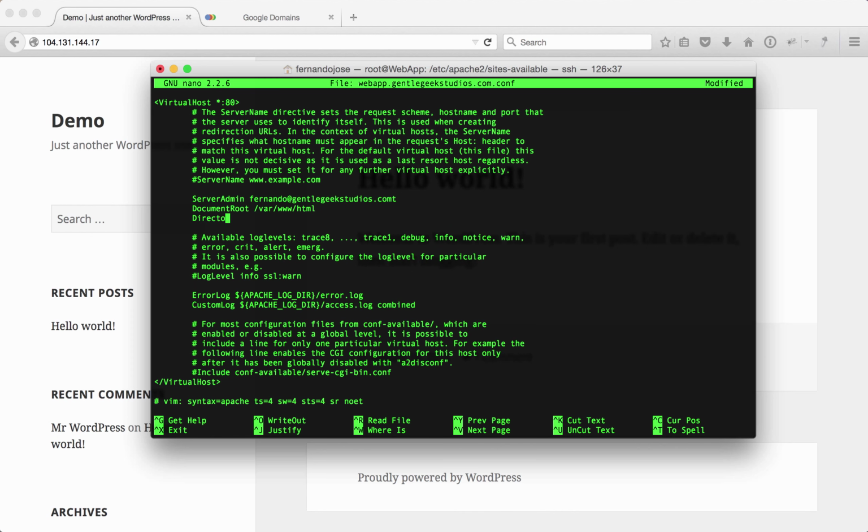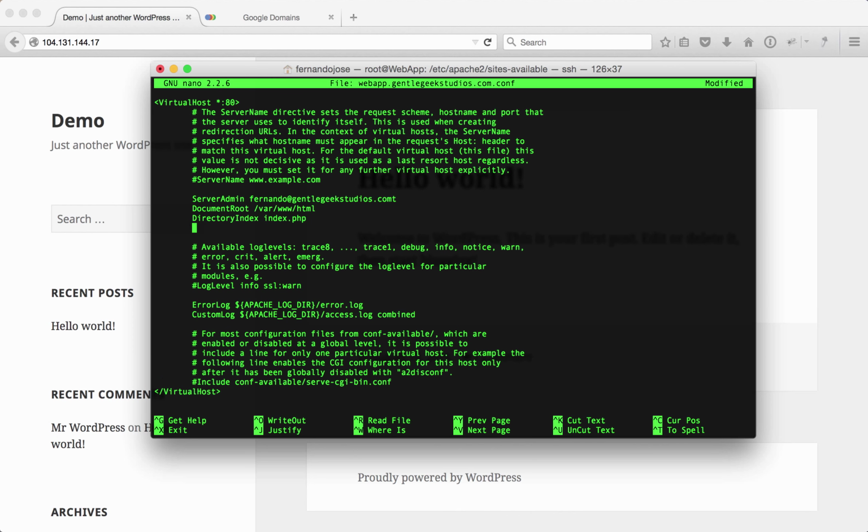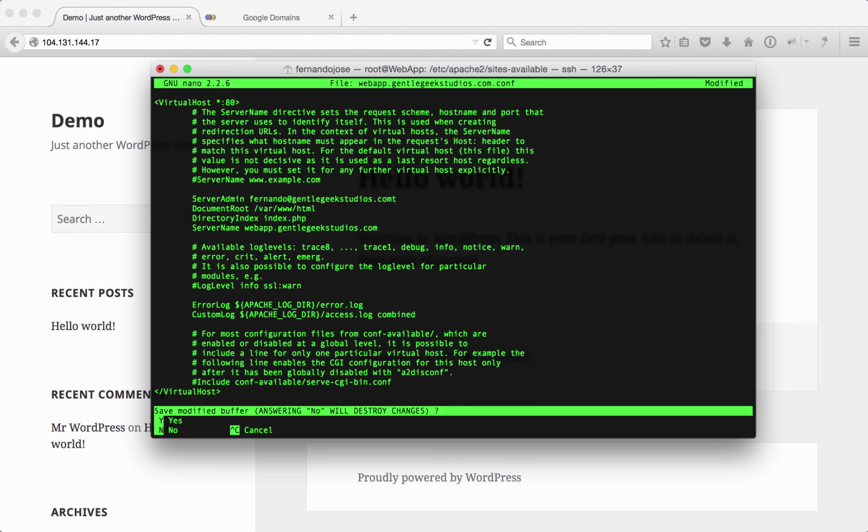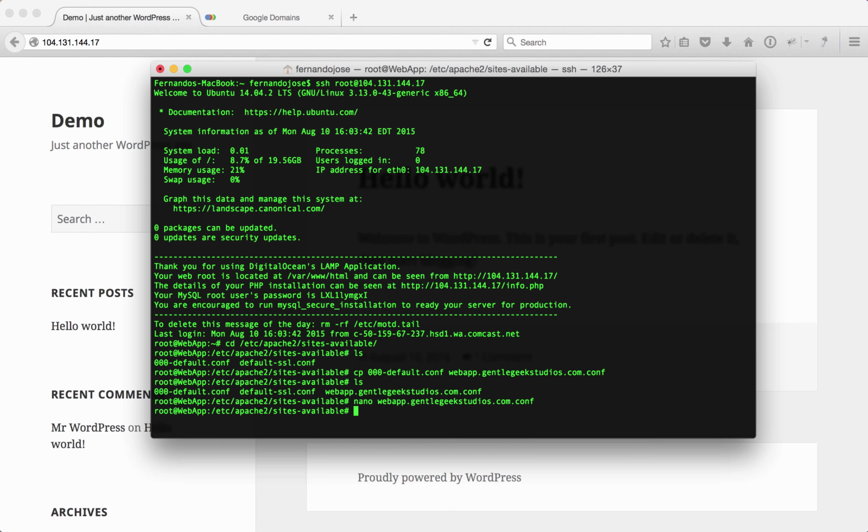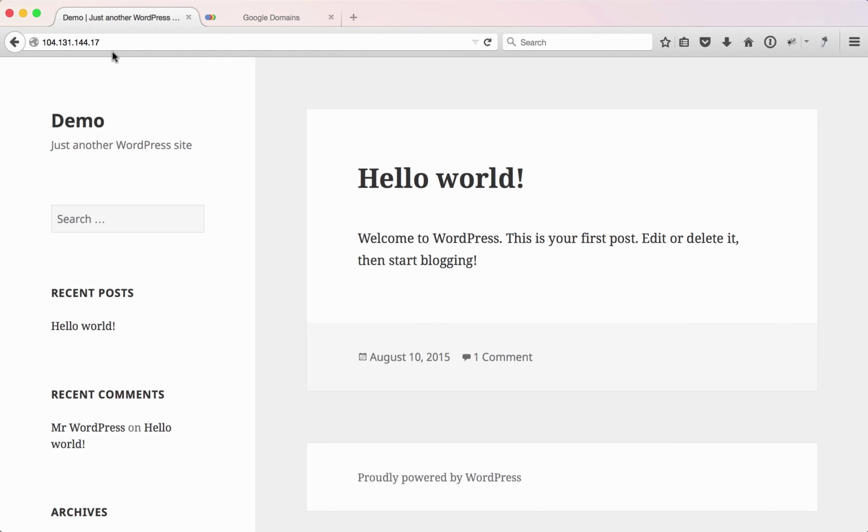I'm going to tell this directory to point to my directory index, my PHP file, and I'm going to type in a server name that's known as webapp.gentlegeekstudios.com. I'm going to Control X, save, exit, and go back here, and type webapp.gentlegeekstudios.com